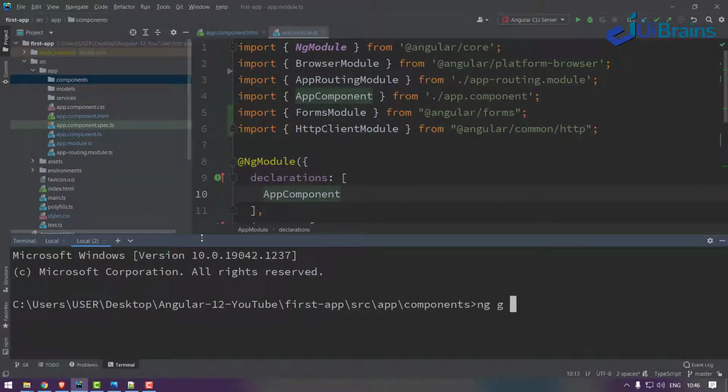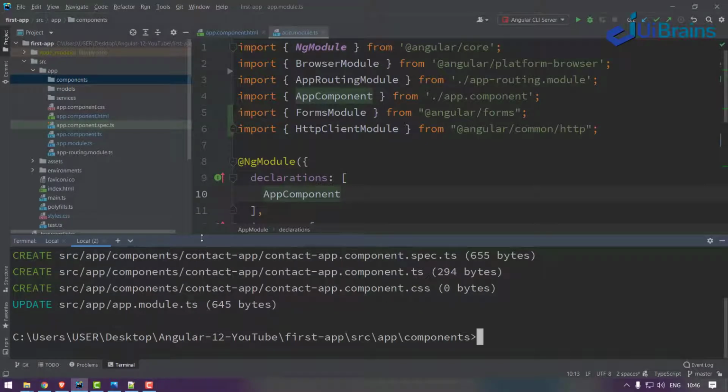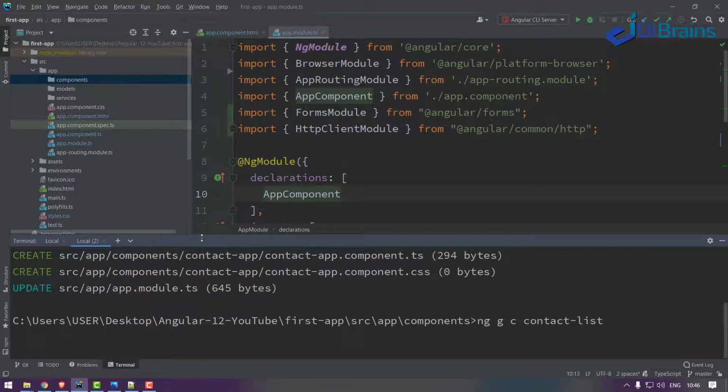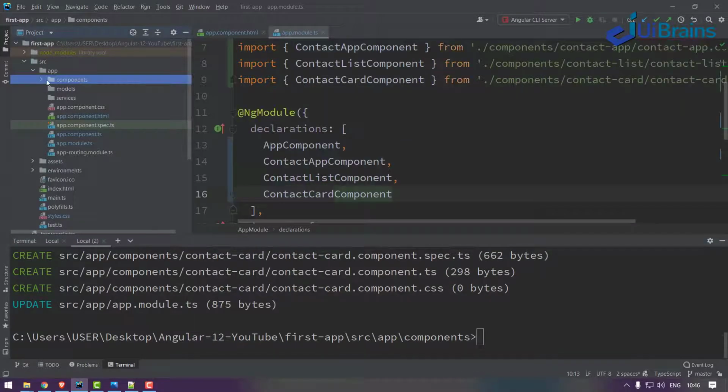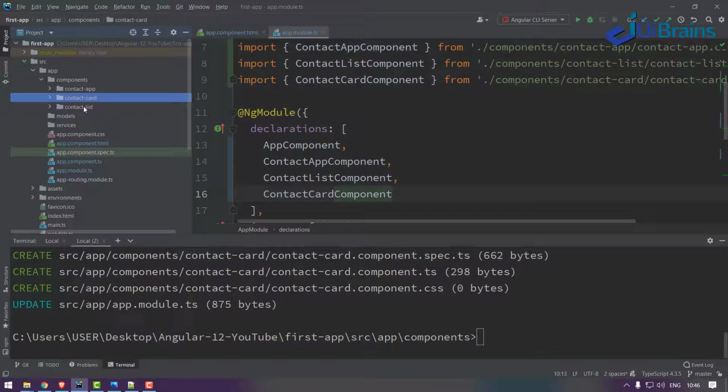So ng g c contact-app, the first component. Next, ng g c contact-list. Next, ng g c contact-card. Let's check in the components folder. We have three components ready, and let's exit from here.